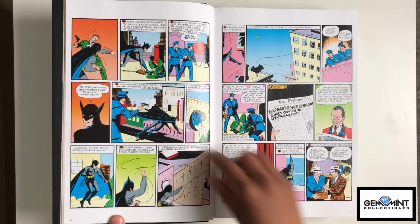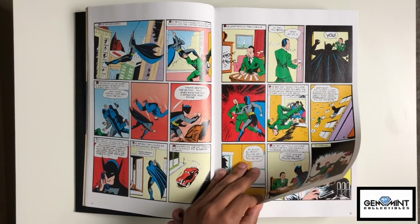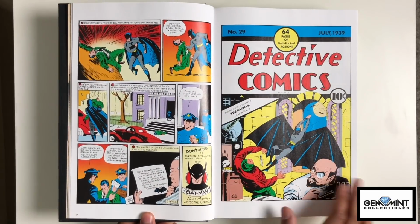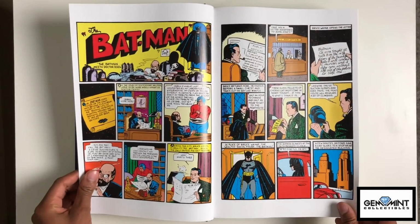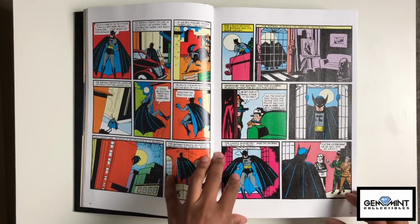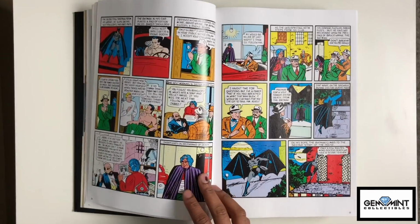What I noticed, and I don't know if it's just me, is that these artists seem to be real fond of the green outfits. Seriously, like every issue, there is a person either wearing a green suit or a type of green clothing. Like, no joke. Maybe green was the hip color back then, I don't know. Or maybe it's just me. But I saw it popping up everywhere. Anyway,